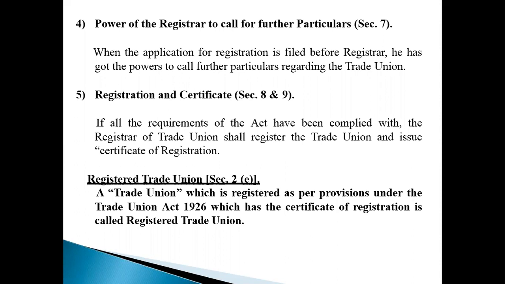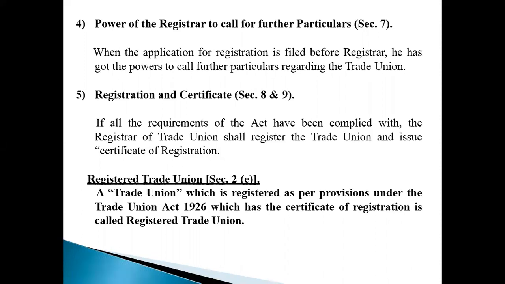And this registration certificate is then given to the trade union, right? So under sections 8 and 9, registration and certificate can be issued to the trade union if every requirement is fulfilled as per the registrar's